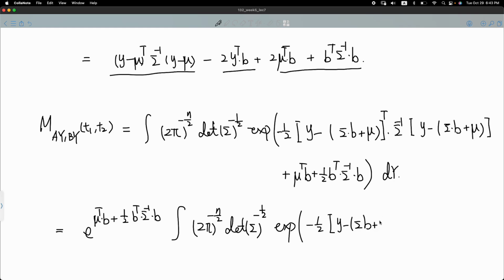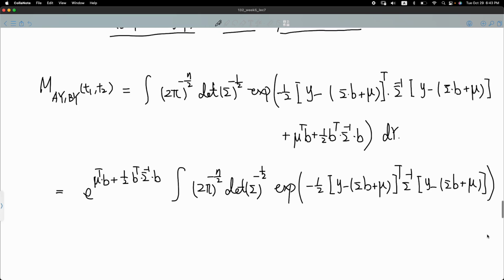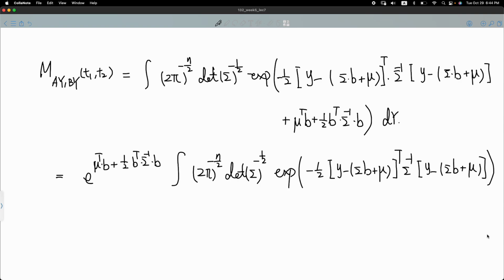B plus mu, closing that, transpose sigma inverse y minus sigma multiplied by B plus mu. So now, after all this construction and substituting all the terms,